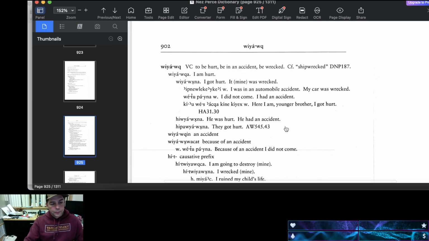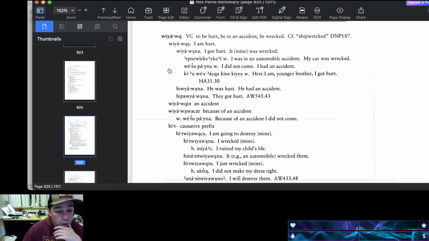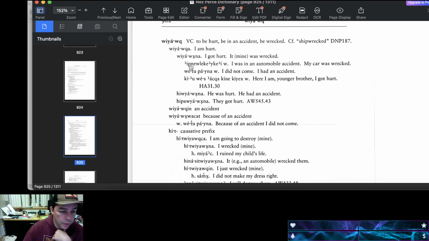So here it gives us the translation for the word accident, and then it gives us all these other examples. This is why understanding how the system works helps you unpack what's happening in the dictionary. So we'll give you this root word here, which is what we looked up when we looked up accident. We got this root word here, but this root word doesn't just happen by itself most of the time.